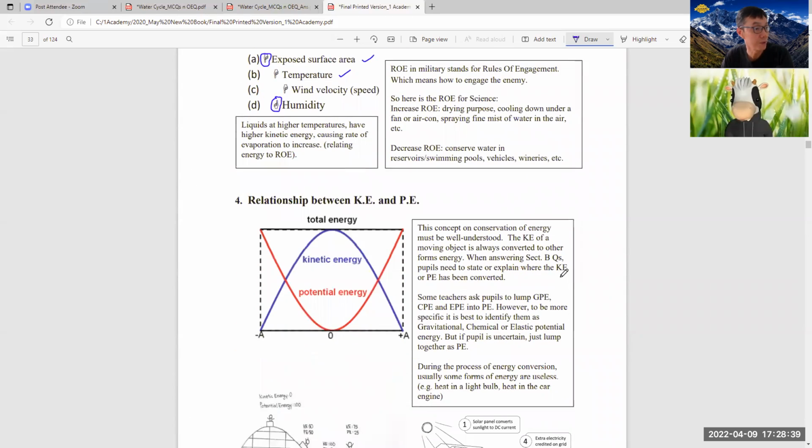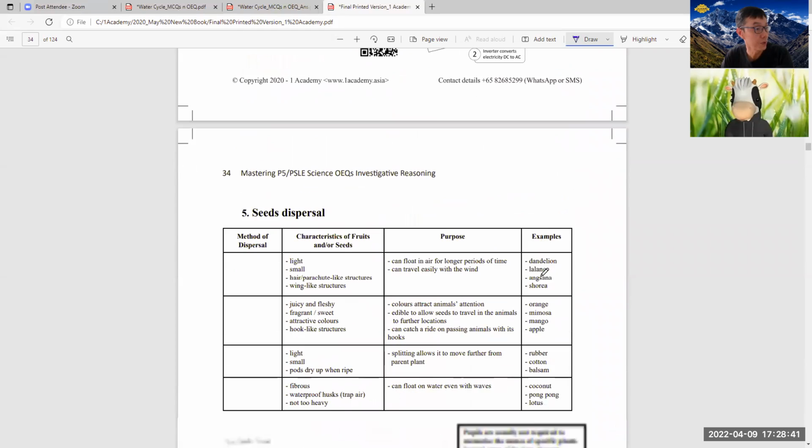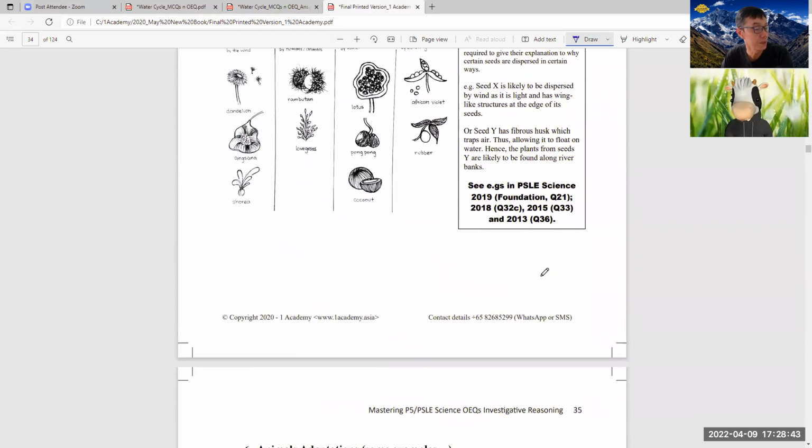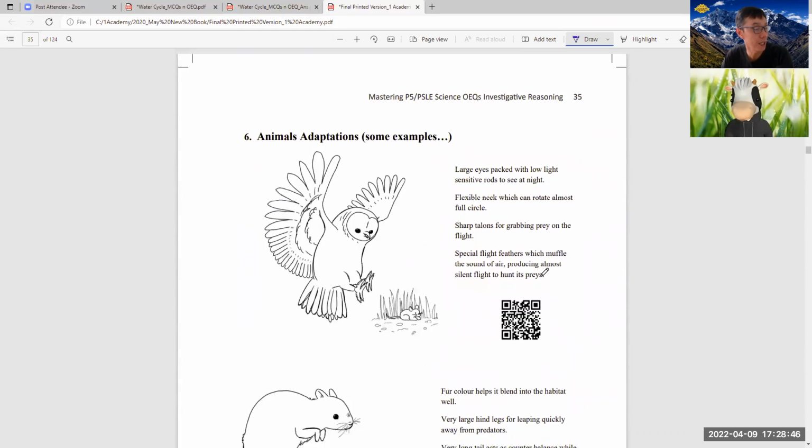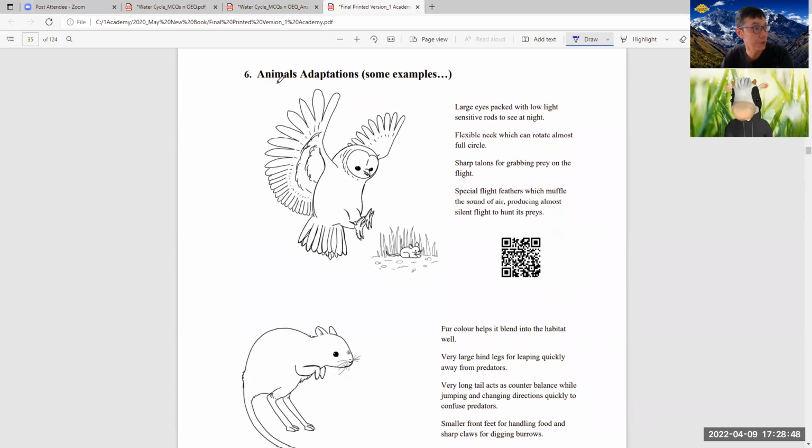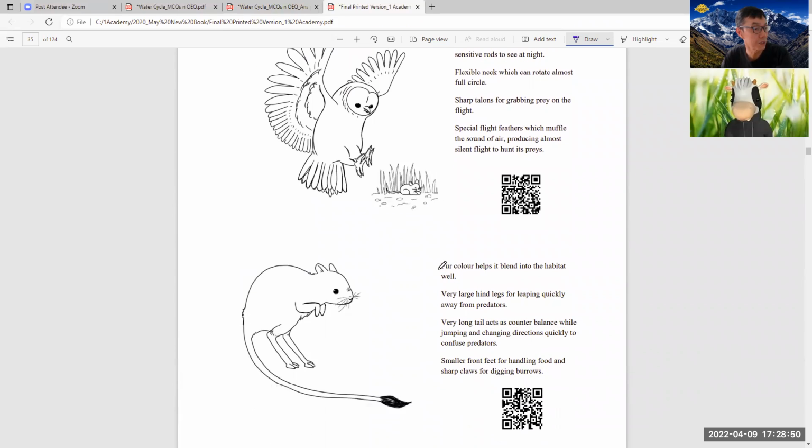So you can refer to this. And also seed dispersal, revision for P5, animal adaptations. So do take note, this topic, animal adaptation, very likely will be tested in this year, 2022 PSLE, after this topic has been removed for the last 2 years. So when we come back to our discussion,